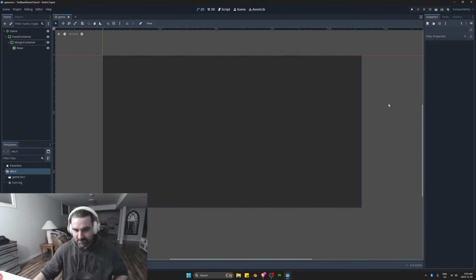But let's talk about our layout for our container here. We want to have a big section up here that's going to take up most of the screen, and this is going to be where all the interesting stuff is happening. It's going to show the player what they've previously inputted, what they've typed in, and it's also going to display any responses from the game. So we're going to need one big panel up here that is going to contain the information from the game, and then